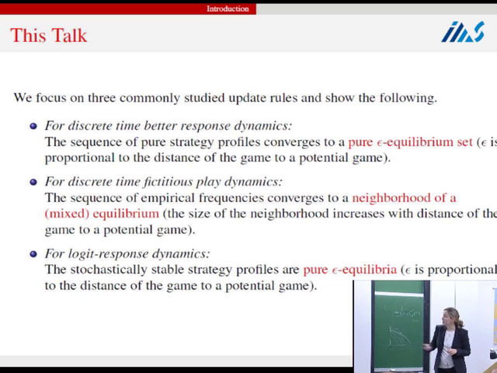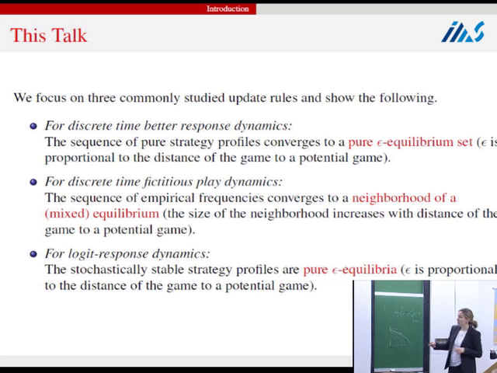I will then look at discrete time fictitious play dynamics and show that the sequence of empirical frequencies converges. This is actually a stronger notion of convergence. It converges to a neighborhood of a mixed equilibrium. This is true for near potential games only. I will elaborate on this result when we come to that. And here again, the size of the neighborhood increases with the distance, so it's also proportional to the distance to